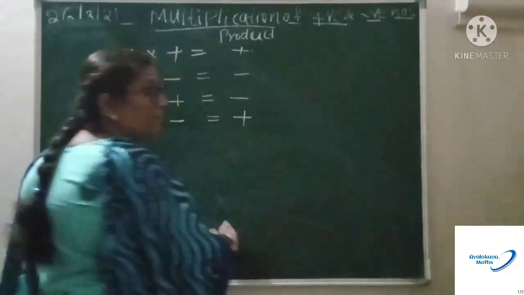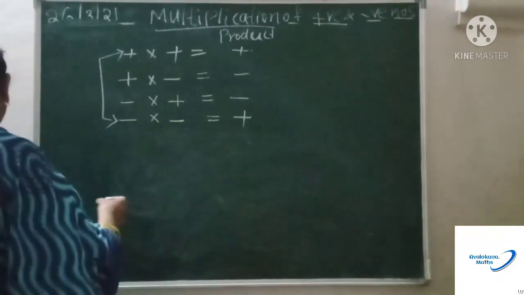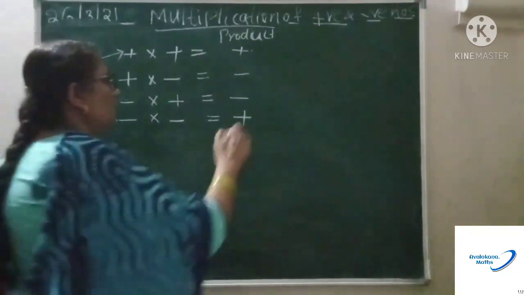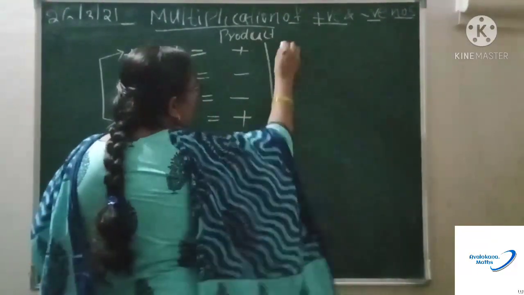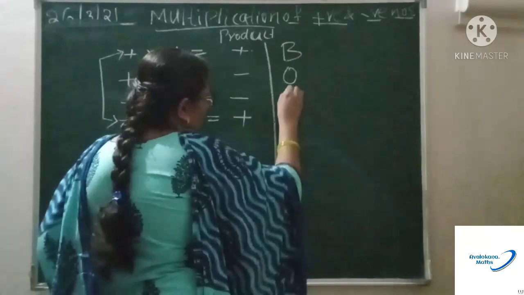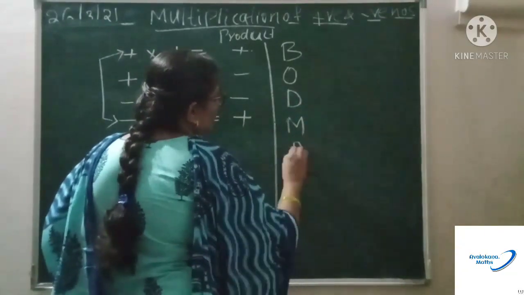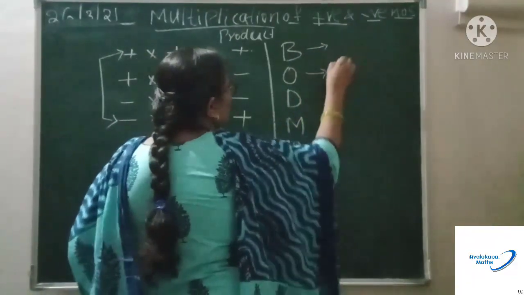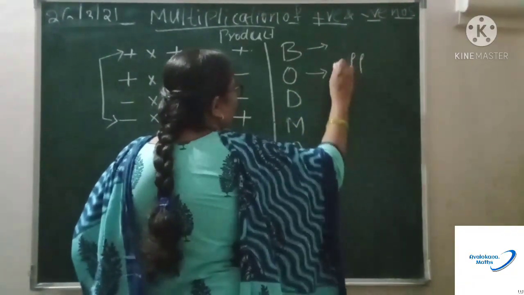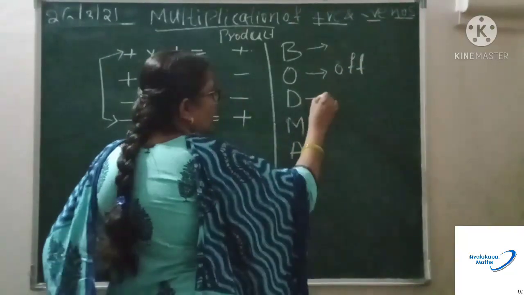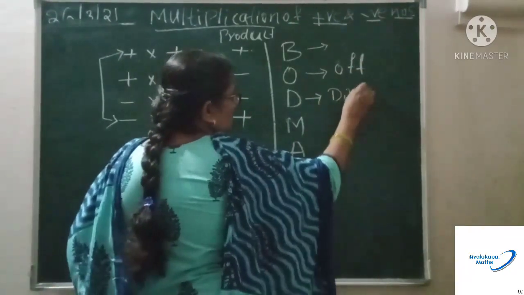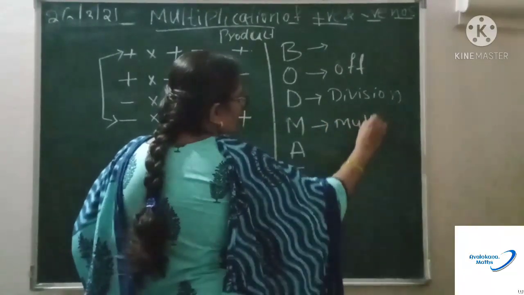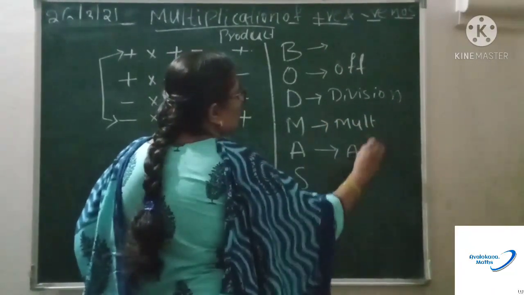Now if we have more than two numbers with different signs, how do we multiply them? I say always follow the BODMAS rule. Most students don't know this one. What is the BODMAS rule? It is very simple. It is Brackets, first; if you have any bracket, remove that. Then Of, then Division, then Multiplication, then Addition.